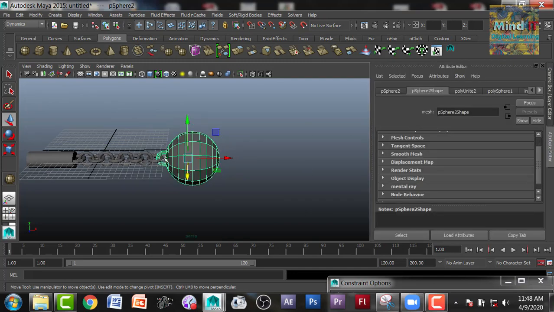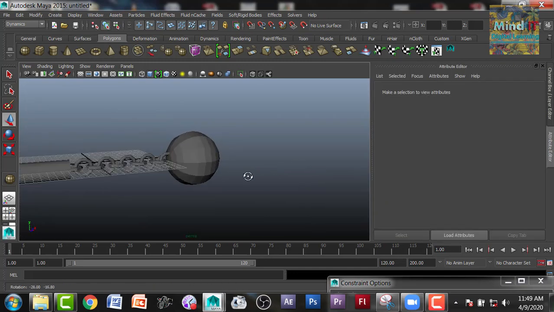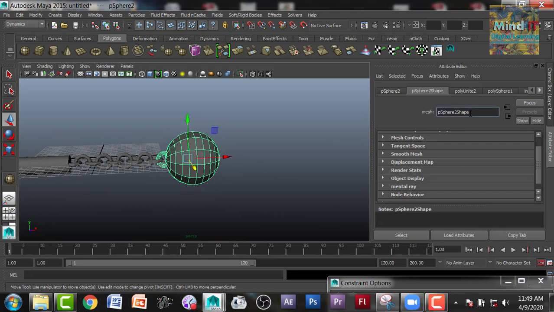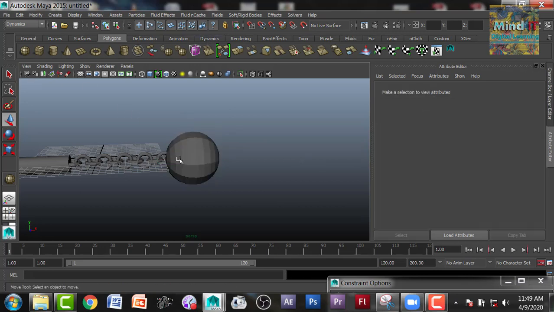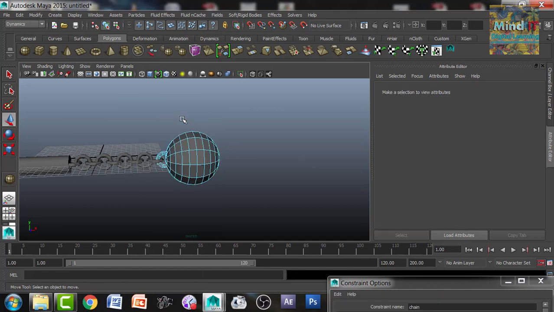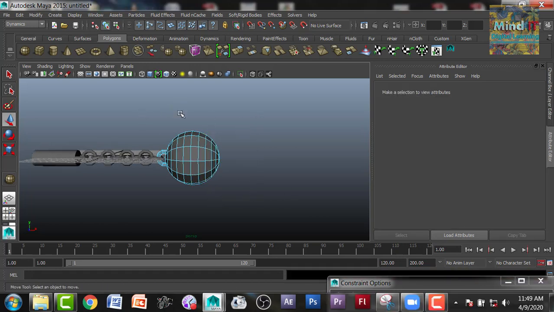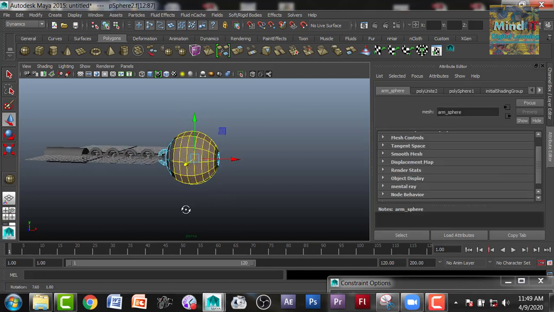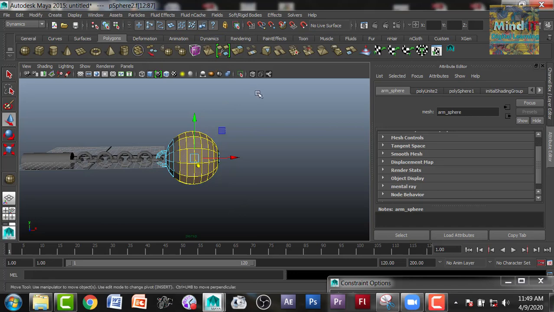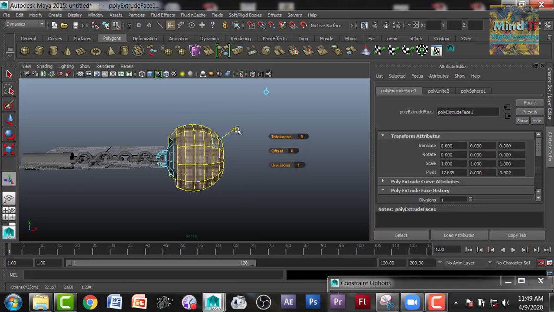Modify the pivot point. Now you will select the polygons. I am giving it a name, any name which is suitable to your convenience. Let's name it. Okay. Select the faces of the sphere. Okay. And I will extrude them. This way is not working. I have to extrude the vertex instead of the polygons.